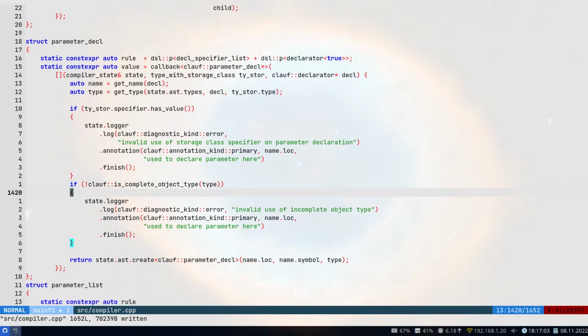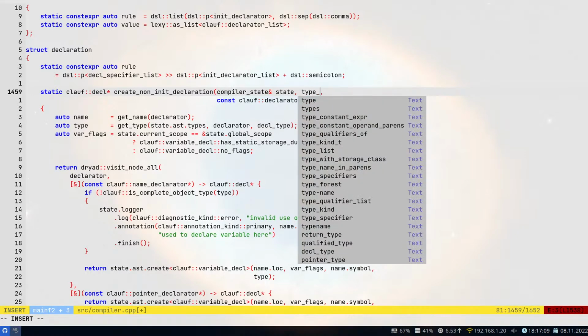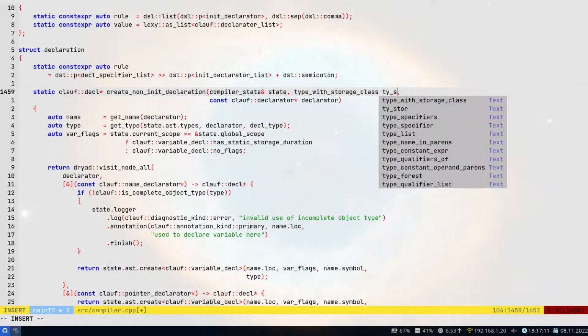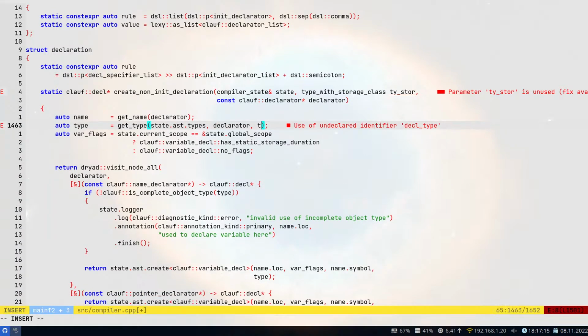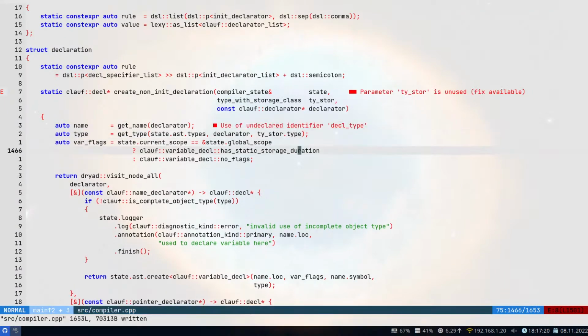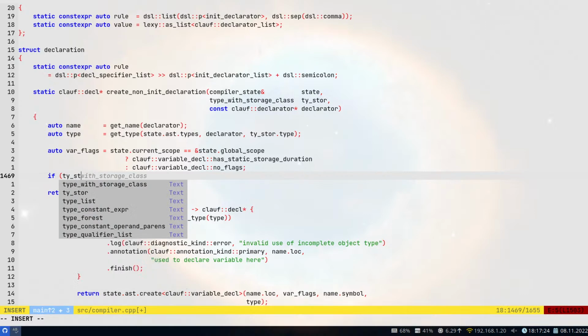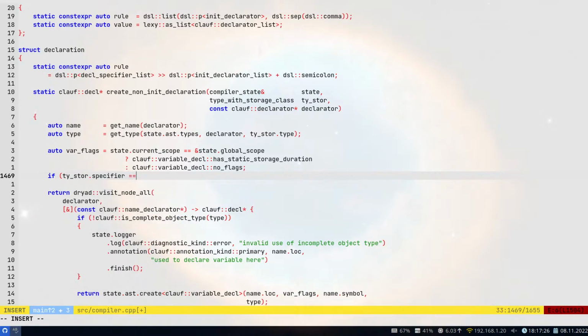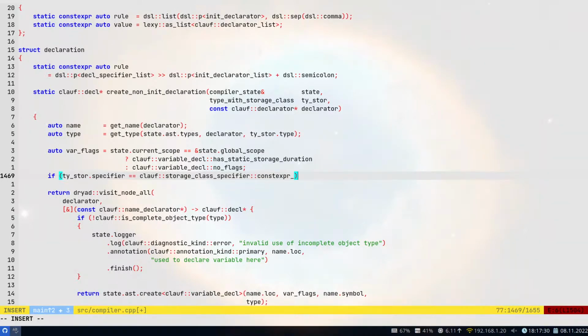And then in the other case where we're passing a declaration, we're also getting a type with storage class, type store, type store dot type. If type store dot specifier is CLO storage class specifier constexpr,